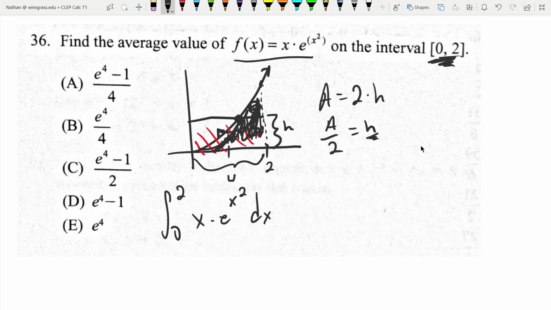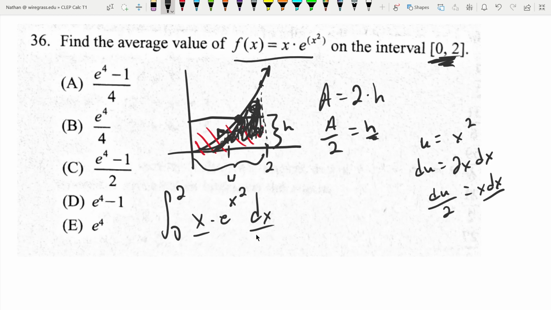So this one, of course, we can use a u substitution, x squared, then du equals 2x dx. That gives us du over 2 equals x dx, and x dx is right here. So that gets changed to du over 2. So we're going to get e to the power of x squared, which is just e to the u, and we get du over 2. Of course, the 1/2 can just move out in front. So we get 1/2